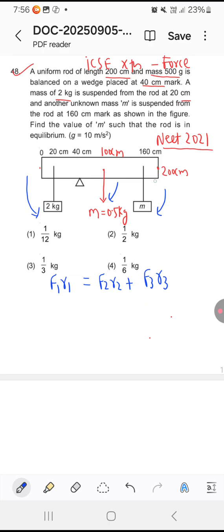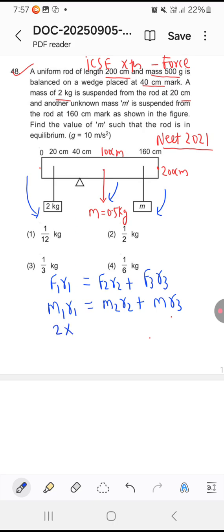What is the formula for moment? F into R, force into perpendicular distance. Force will be the weight of these masses: 2 kgf, m into g, and for this 0.5 kgf. Since g is common on both the sides, it will get cancelled, so I can write in terms of mass. M3 will be this unknown mass, so let me write it m only over there. So now let's put the values in this formula. M1 is 2 kg,